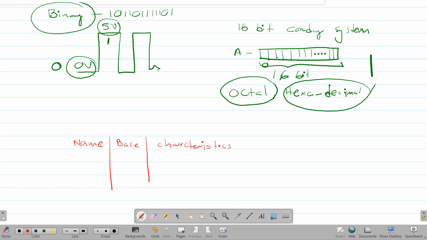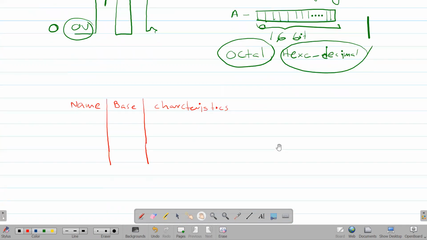Right, so the names can be given like this: binary, octal,